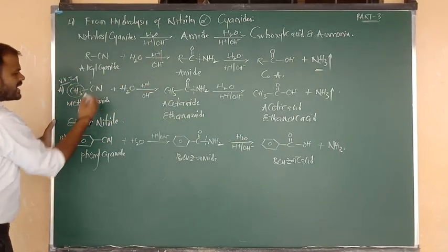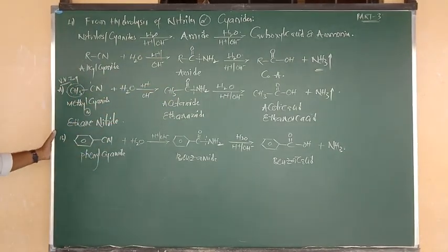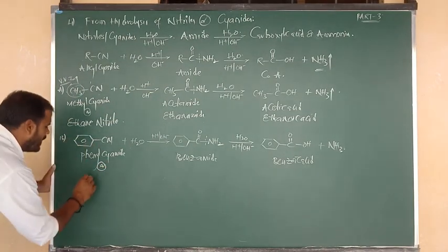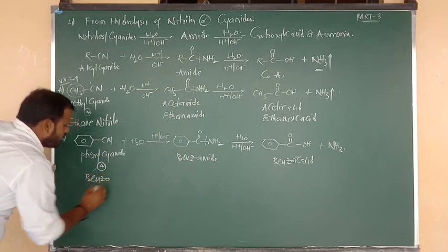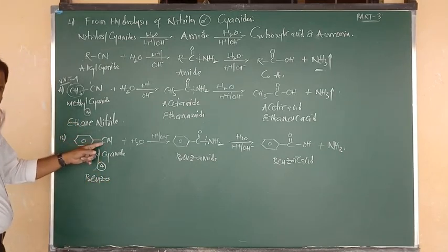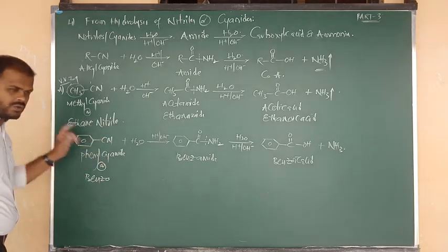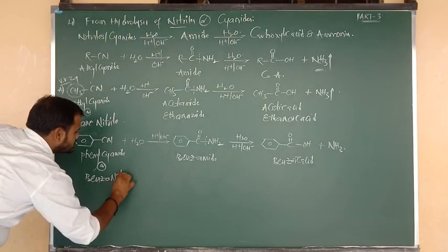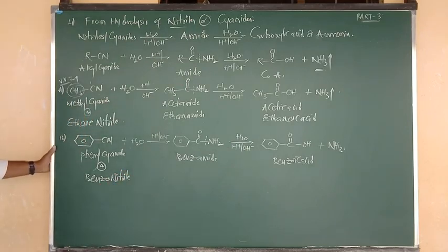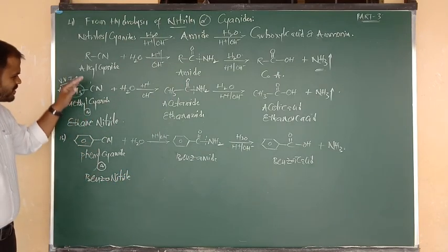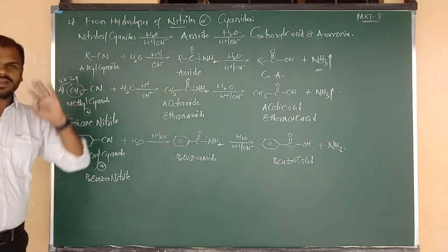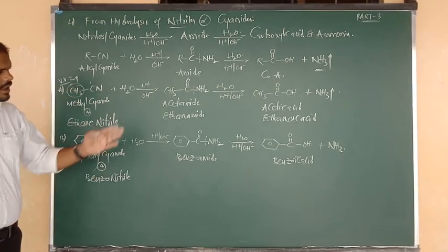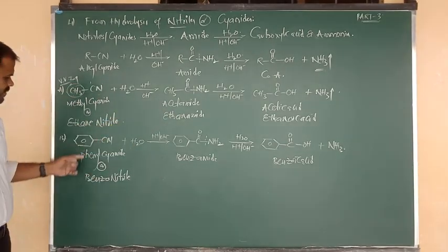But what is the another name of methyl cyanide? Ethane nitrile. And the another name of phenyl cyanide is called benzene connected carbon, means benzo. Okay, benzene connected, including this carbon we have to say benzo. Benzo connected to N, N indicates nitrile. So the name of this compound is called benzonitrile, and also we can say phenyl cyanide. You have to be focused on the names. 100% you can write the reaction easily. So one for the preparation of acetic acid from methyl cyanide, one more for the preparation of benzoic acid from phenyl cyanide.